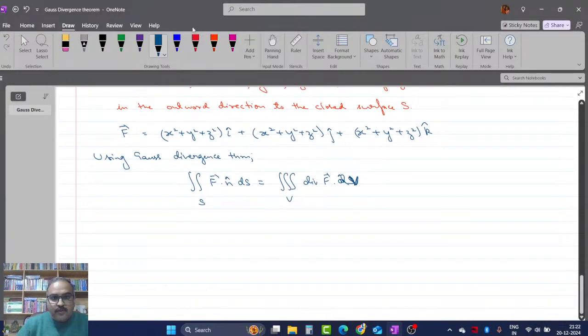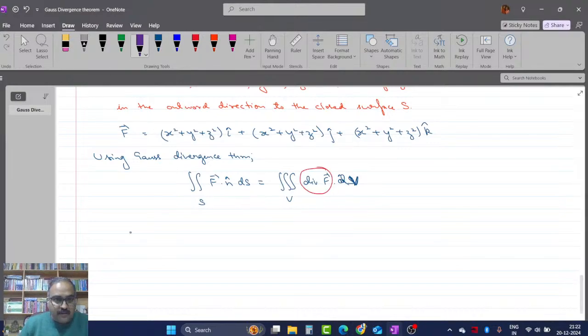Okay, so for this one, I first of all need to find the value of divergence of F. So divergence of F vector will be equal to del by del x i cap plus del by del y j cap plus del by del z k cap